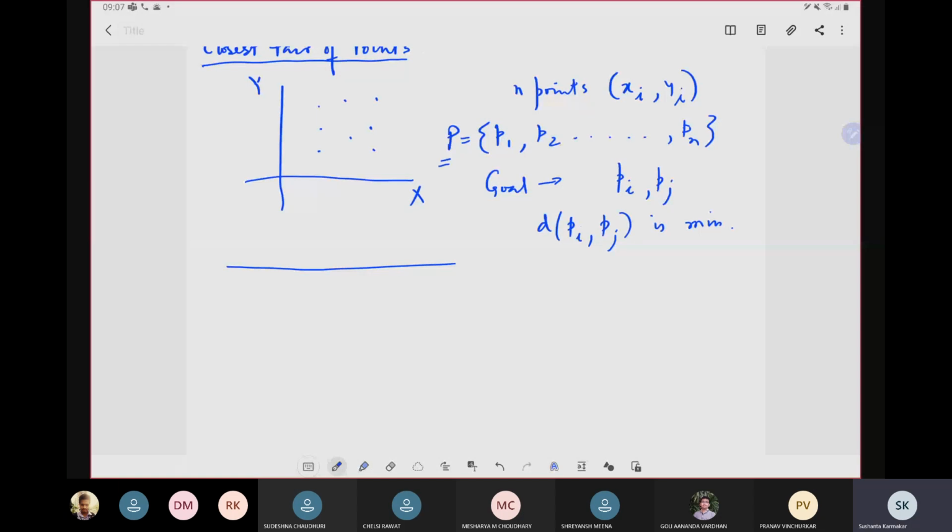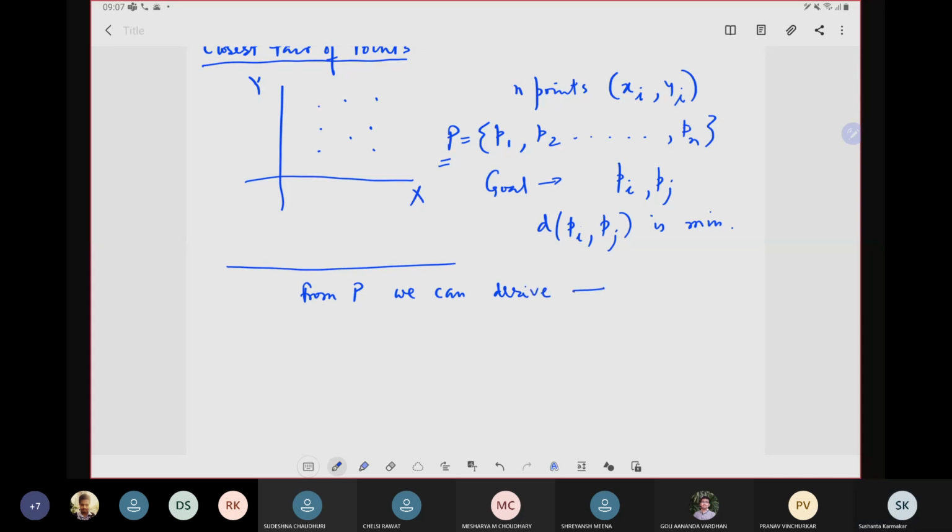Now, if you look at P, just by P, you cannot conclude anything about the points. I mean, these points are random. So for that, let us assume that from P we can derive